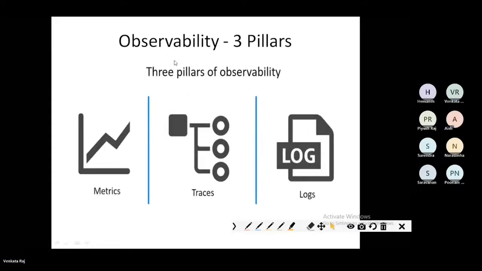So, as we discussed, observability has 3 pillars. Those 3 pillars are metrics, traces, and logs. Metrics means measurement of an event. So if your CPU utilization went beyond 60%, CPU utilization went beyond 80%, memory utilization similarly,